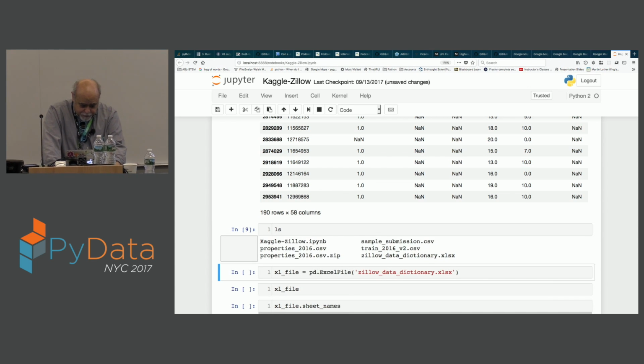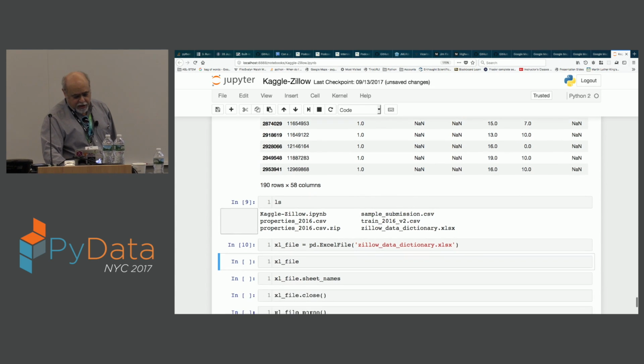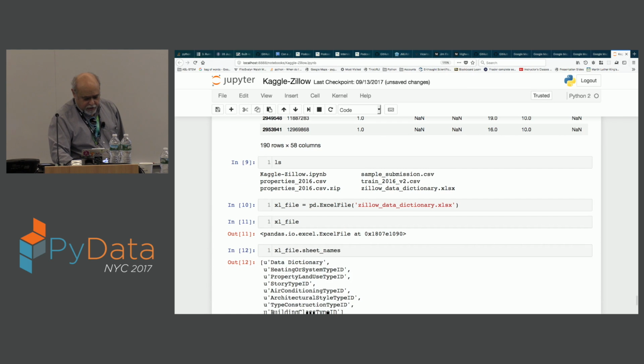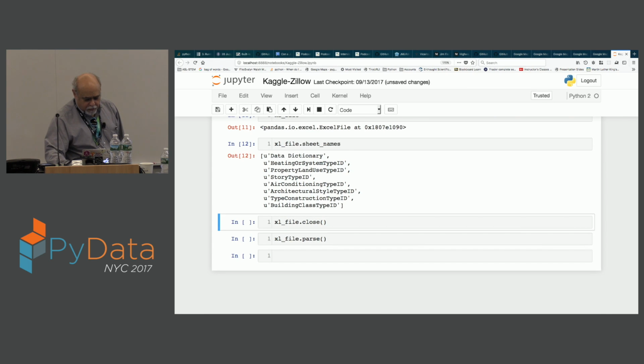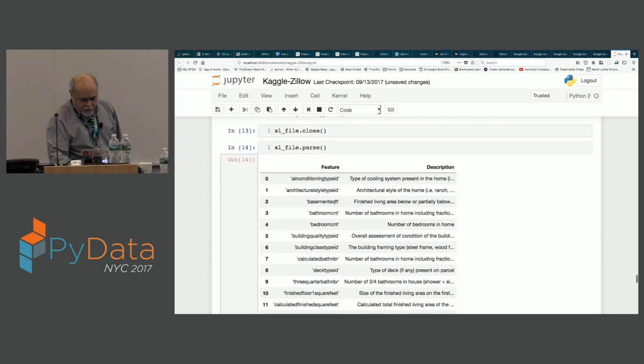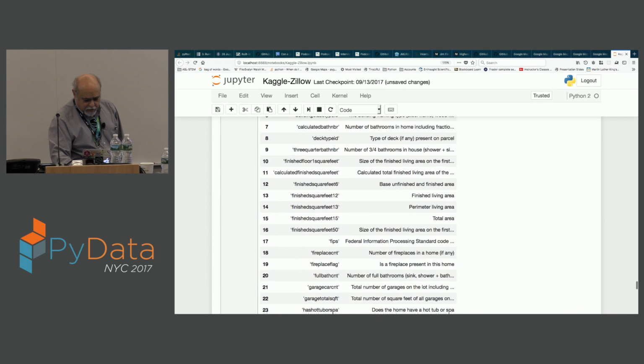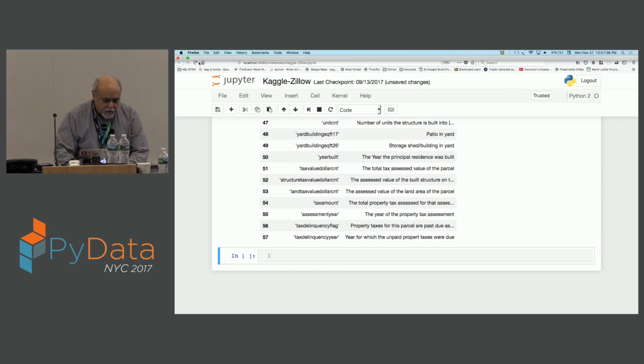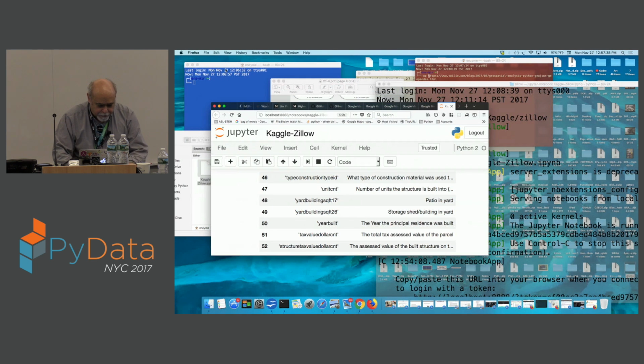Or mansion. And there's a really nice Excel, for those of you who still use Excel at work or at home. Pandas has some nice Excel information, and boom, boom. Okay? So this is the Zillow competition. All right. No connection with Zillow.